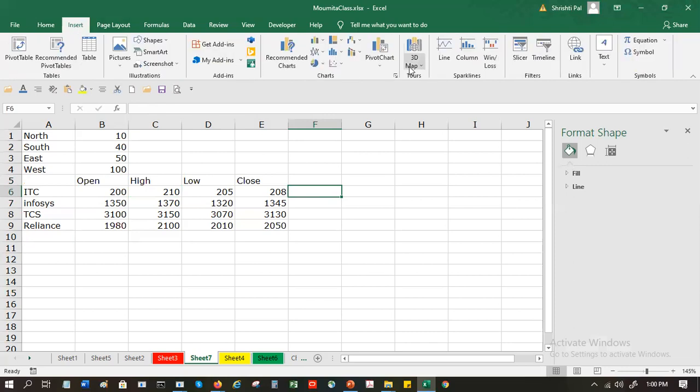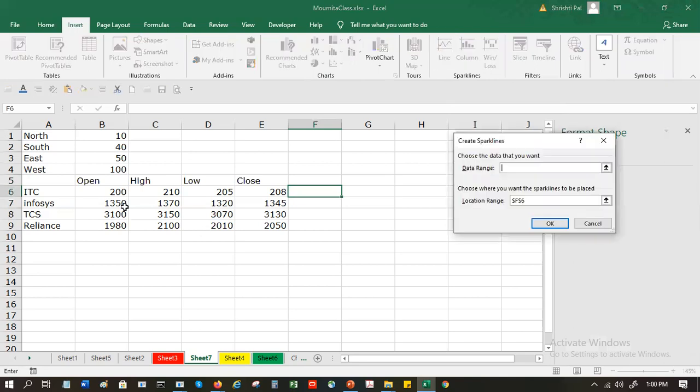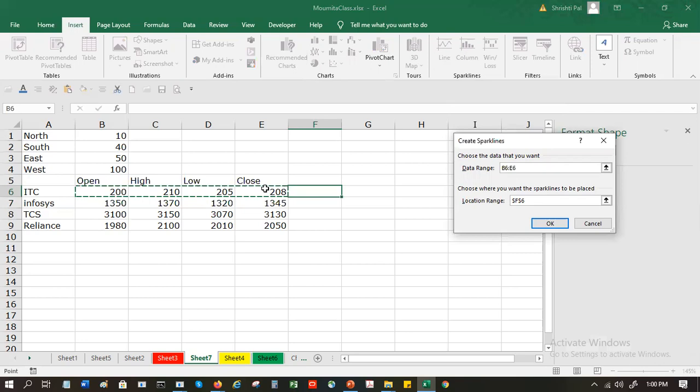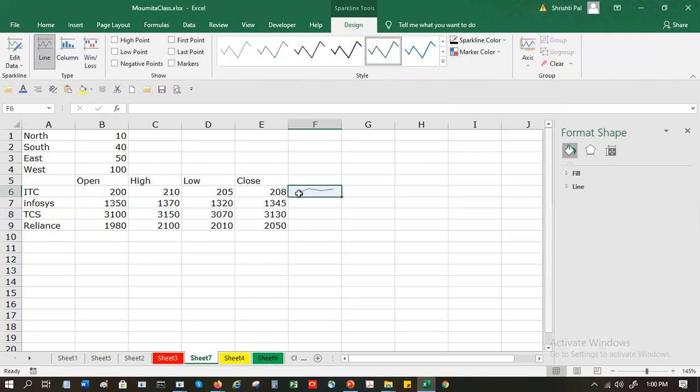Spark line is right next to these charts. I can put a line graph, data range is here, and where you want this to be displayed. So what Excel does is it will put a line graph in one cell.